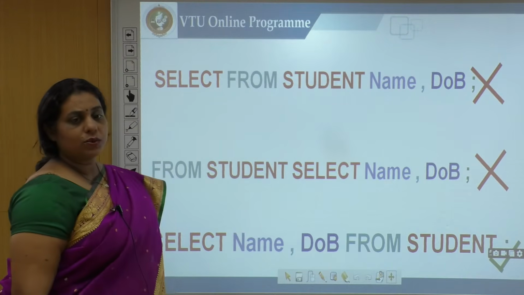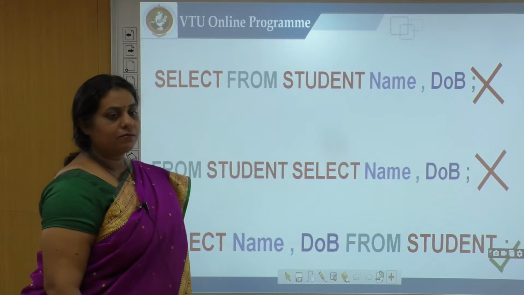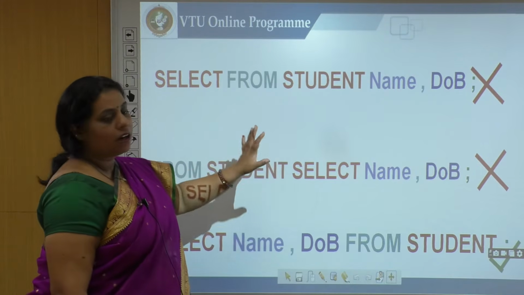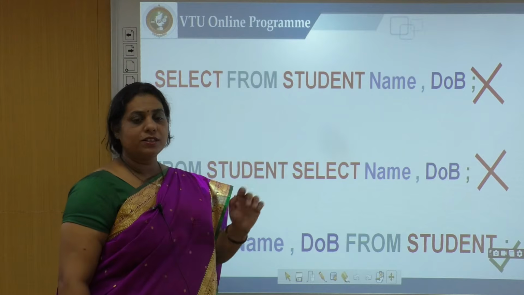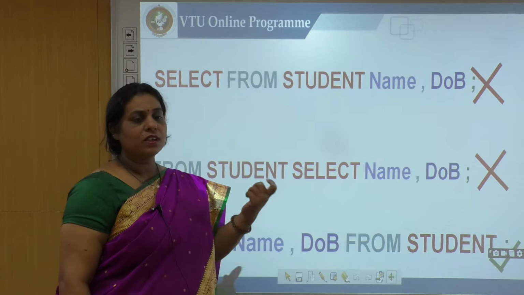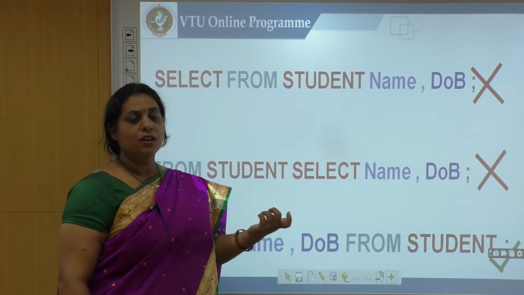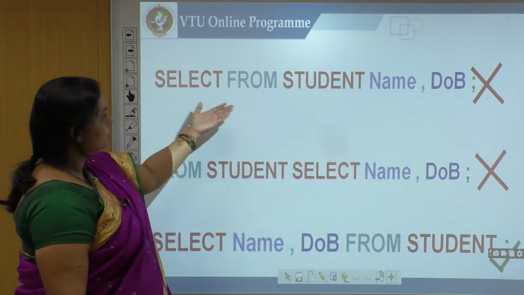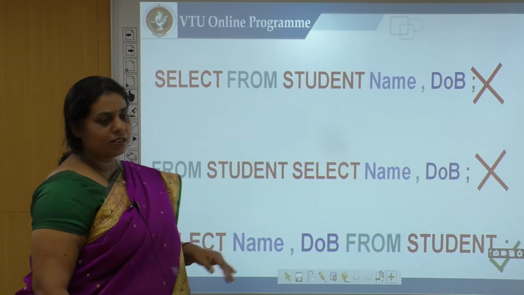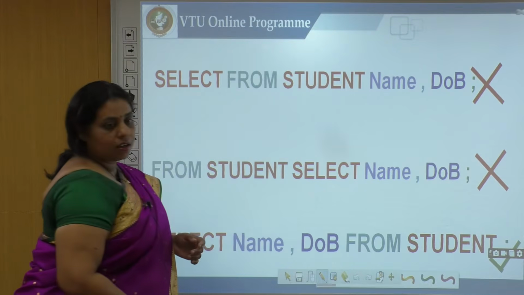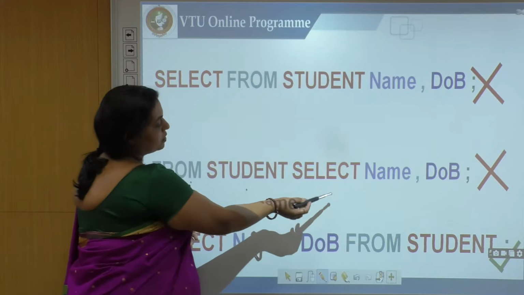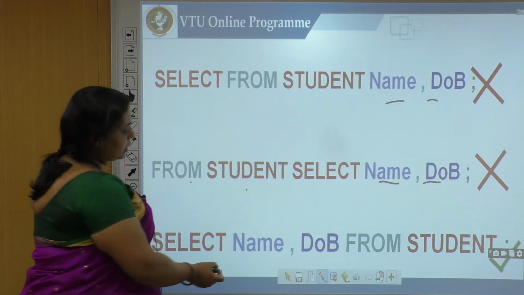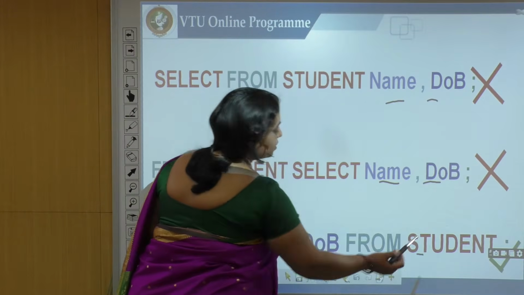If you look at this particular query, what comes to your mind, right? These are simple queries. If you just look at this query, I want the name of the students and the date of birth. That's why I have written select the name and date of birth from the student. All three are telling the same thing, right? Select from the student what I want, name and date of birth. The second one is telling me from the student table I want the name and date of birth. And the last one is telling select the name, date of birth from the student, right?